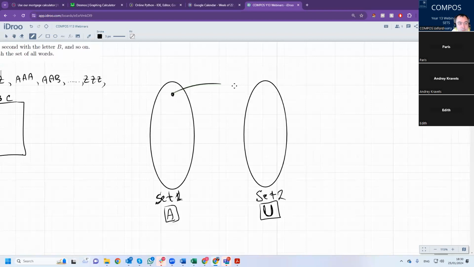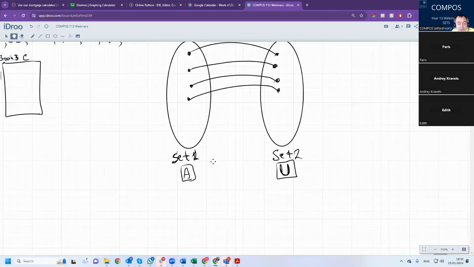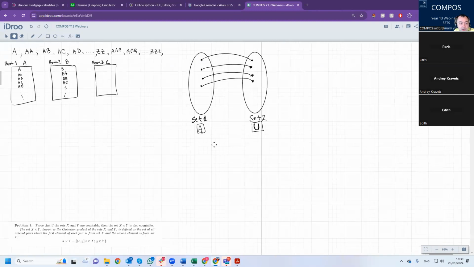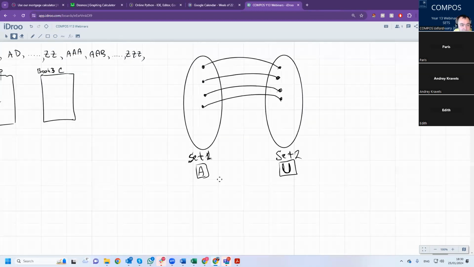And if we can make a one-to-one mapping, so we can prove that each element from set 1 has exactly one mapping onto set 2, and set 2 has exactly one mapping onto set 1, then we can prove that there's a one-to-one mapping, therefore they are identical. So the first thing we will do is we'll map words containing just the letter A